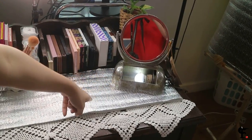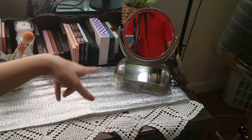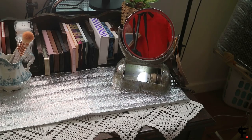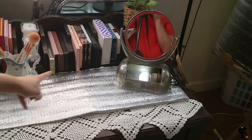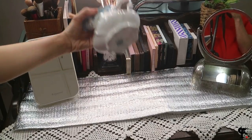So this is my vintage mirror from Bancal for 500 pesos, and I modernized it with an LED bulb. I love how aged it looks. And may libreng kaluluwa pa siya pag tumingin ka. Ooh. Okay, this blue and white jar holding my unicorn brushes, I think the price is still here,